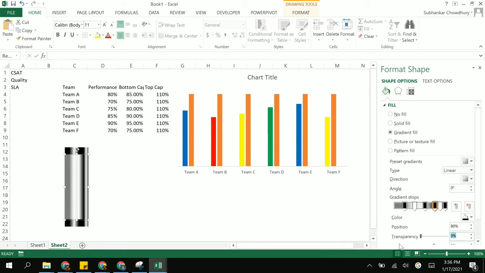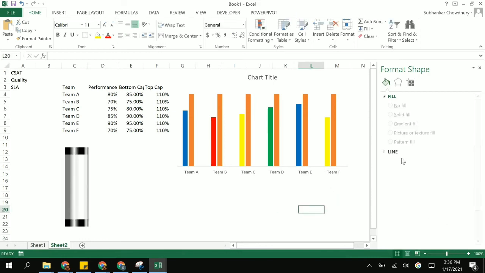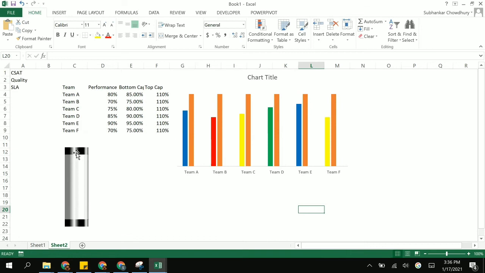The fourth one would have a 100% transparency, fifth one would have a 75% transparency, and the sixth one would have a 50% transparency, which is already here. In case it's not there, select this and enter the transparency. So that's it. We are done with the tube creation.